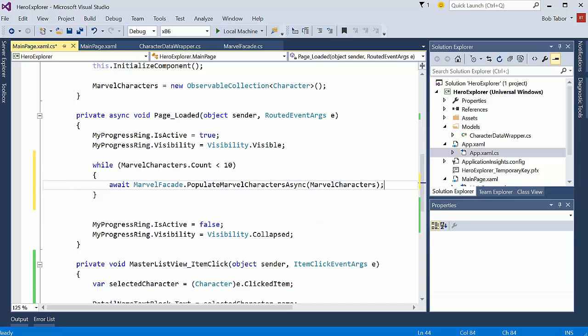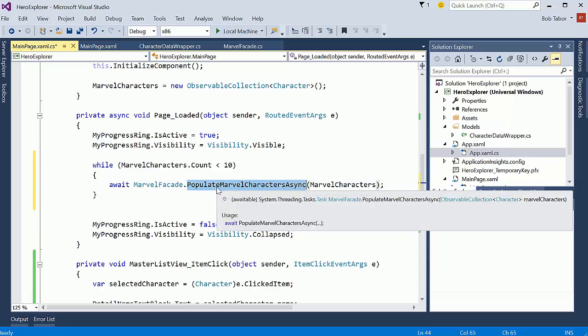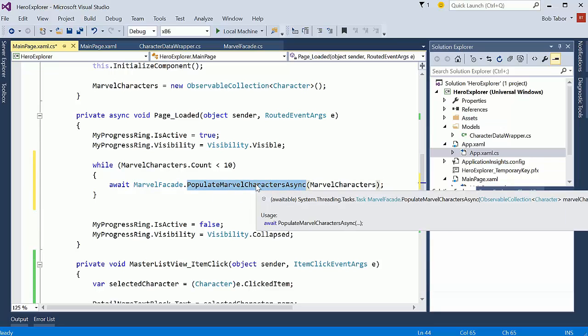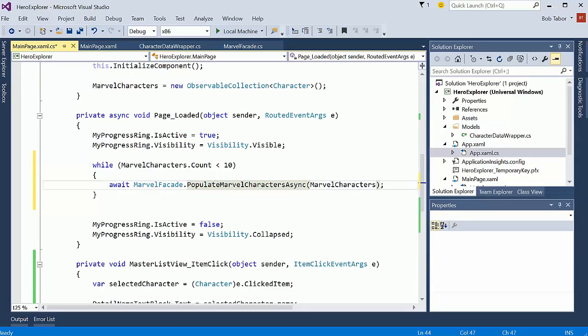Now, the challenge here is that an async method might take a while to return. So we could be looping here a billion times while this is still trying to run the very first time. So it could be a lot of calls out to that method. That's just the way that this works. It works as a promise, and then it continues on to the next line of code. But that promise may not come back to us before we actually do an evaluation on the current count of